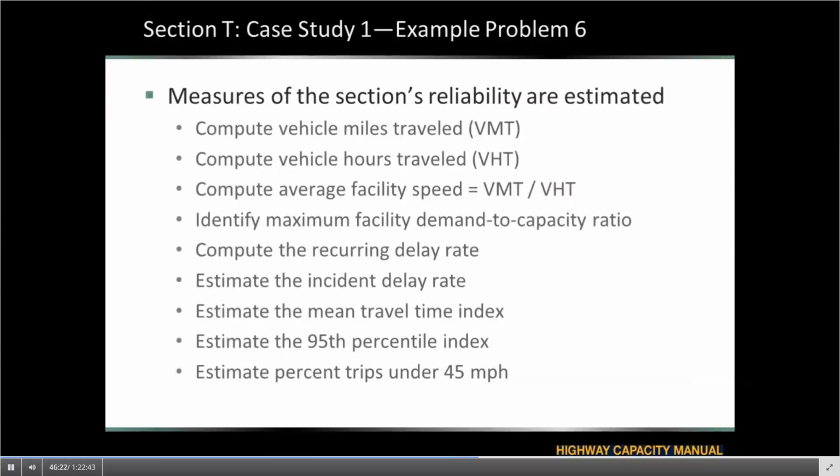Now, after the guide was finalized, the Federal Highway Administration came out with proposed rulemaking for its performance management measures for roadways, including reliability measures. And the measure that they're proposing is the level of travel time reliability, which is the 80th percentile travel time divided by the 50th percentile travel time. The guide does not provide